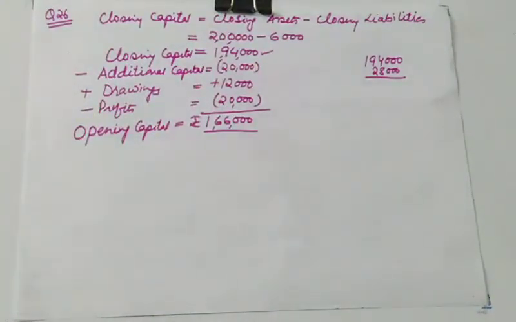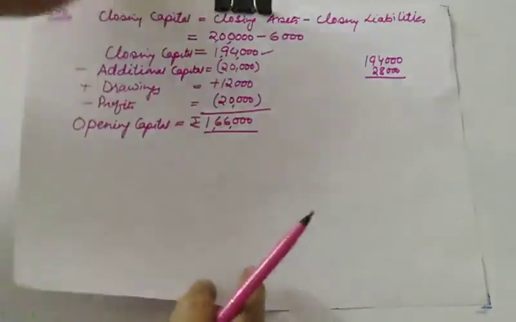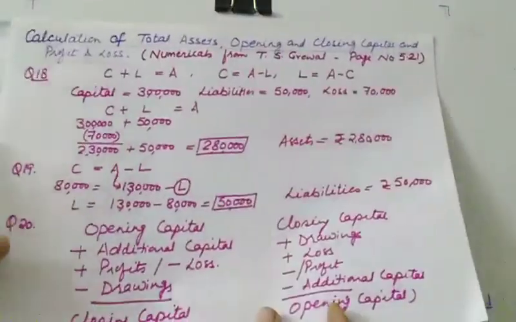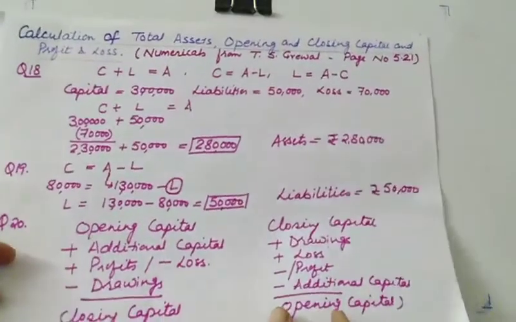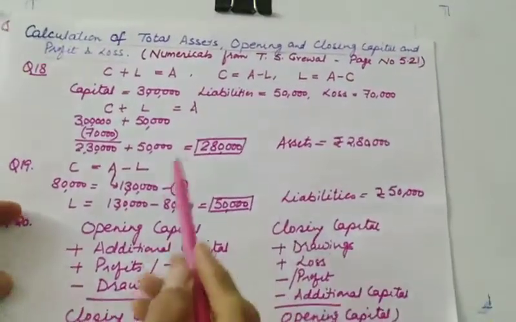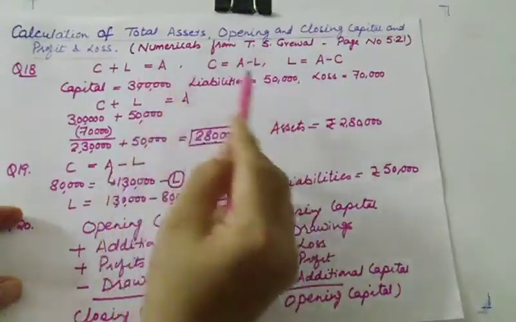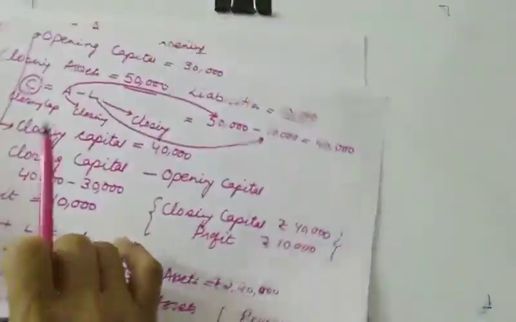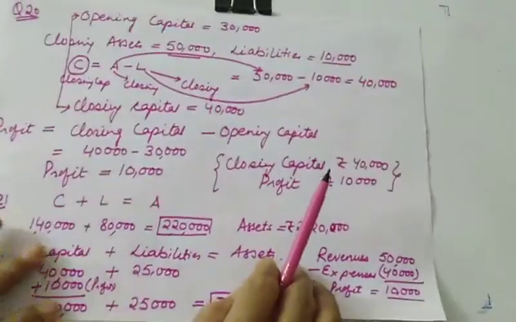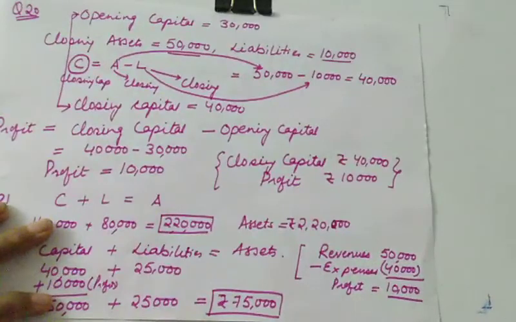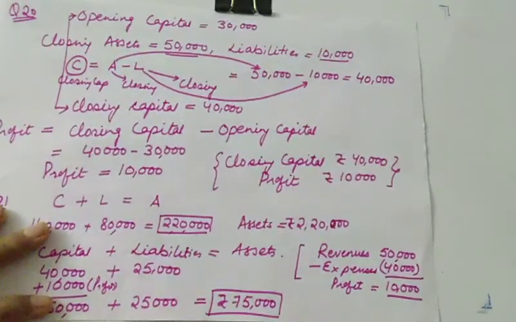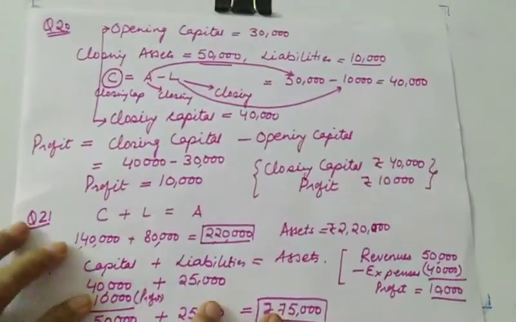I hope all the questions which we have done today are clear to you, and these questions can come as 1 marker. You also practice on your own and check whether you got it or not. Basically these are based on these 3 expressions of the accounting equation. That's all for today, and I think your accounting equation chapter is over, and you can practice the numericals from NCERT's book as well as from any other book.